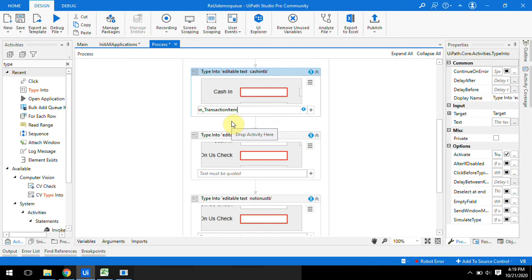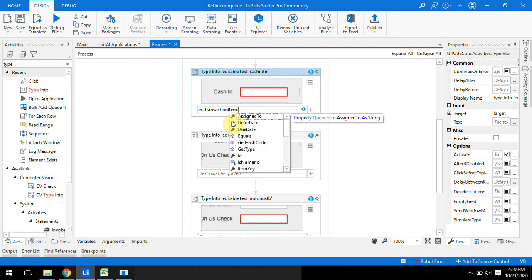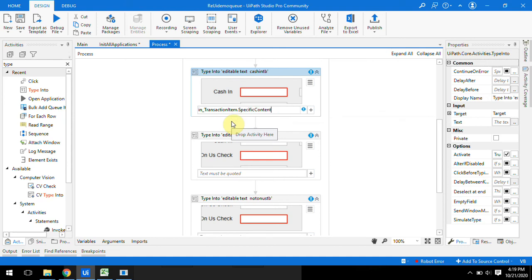So transaction item dot SpecificContent is used when we are retrieving data from a queue. If we are using Excel or a data table, then we should use transaction item dot Item and, in brackets, the name of the field in Excel.